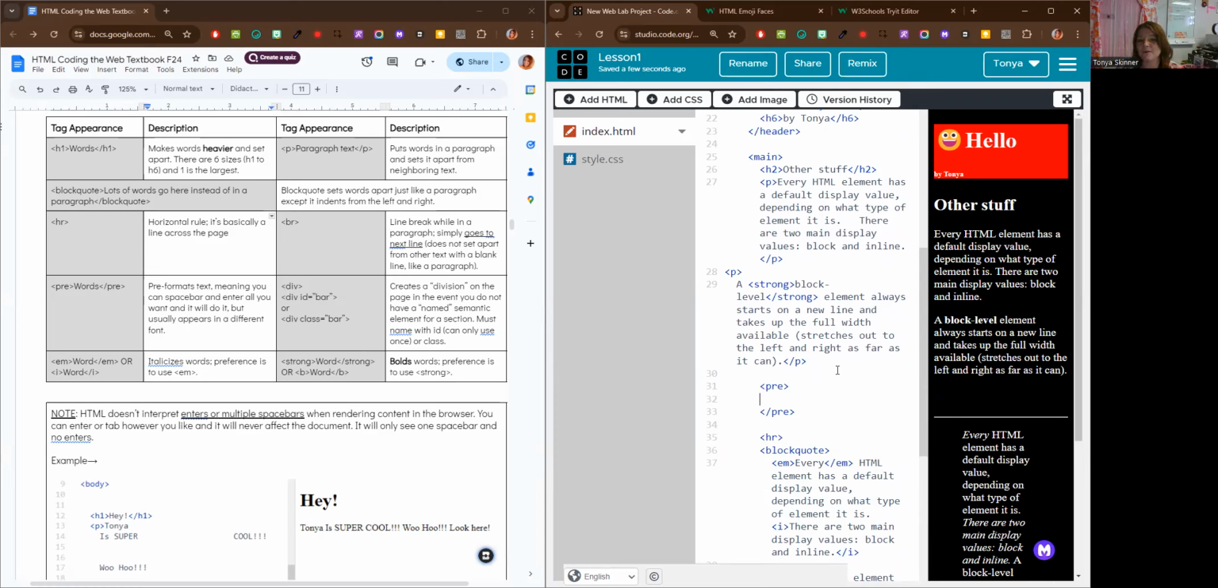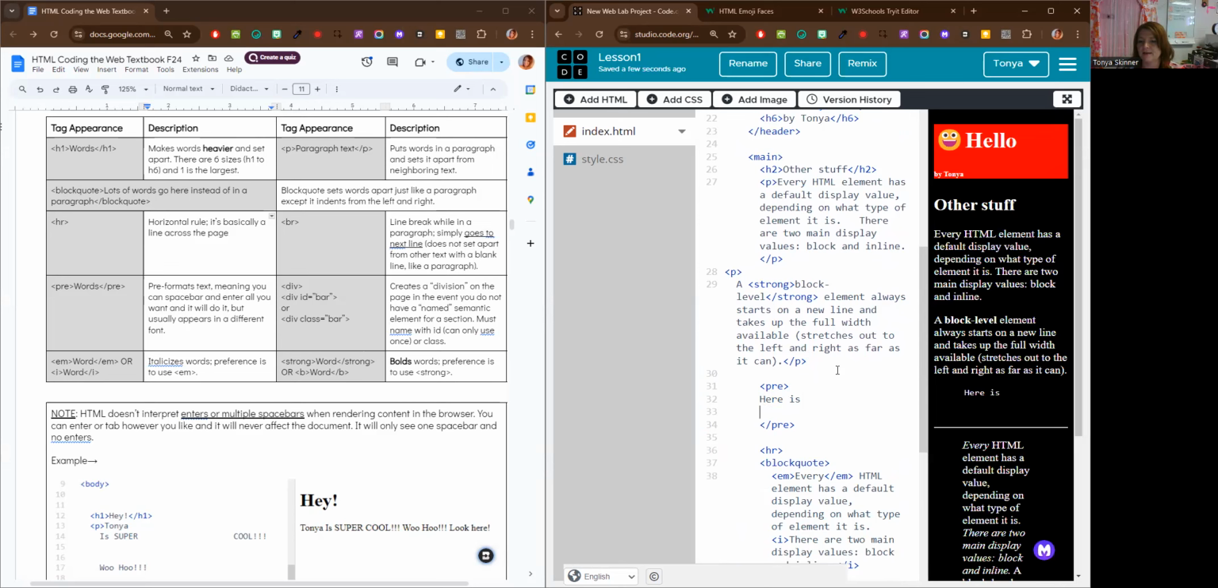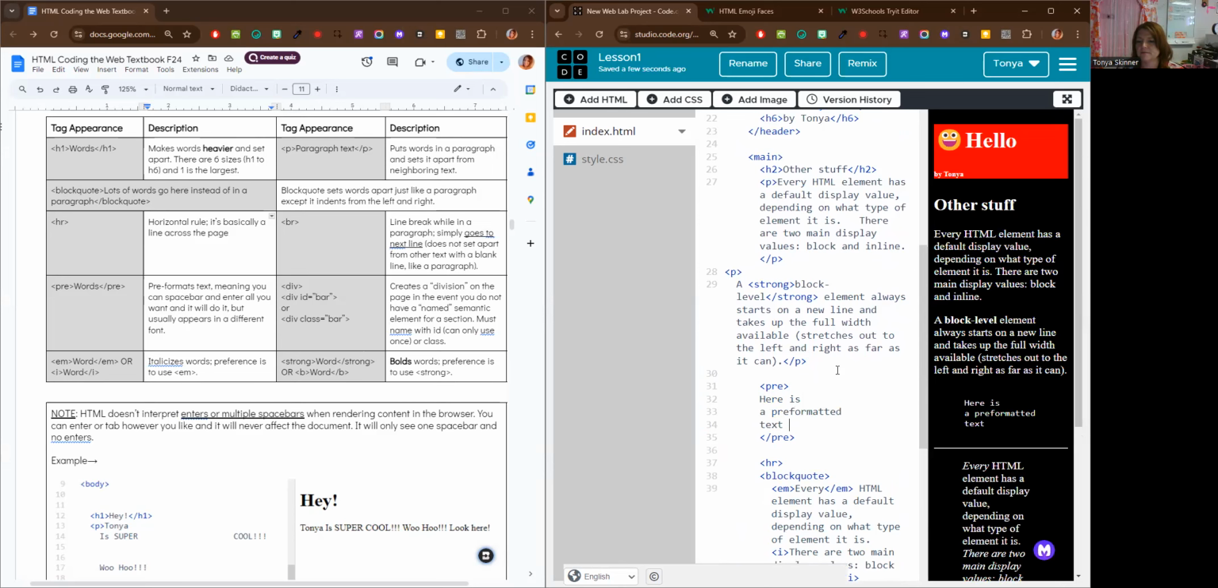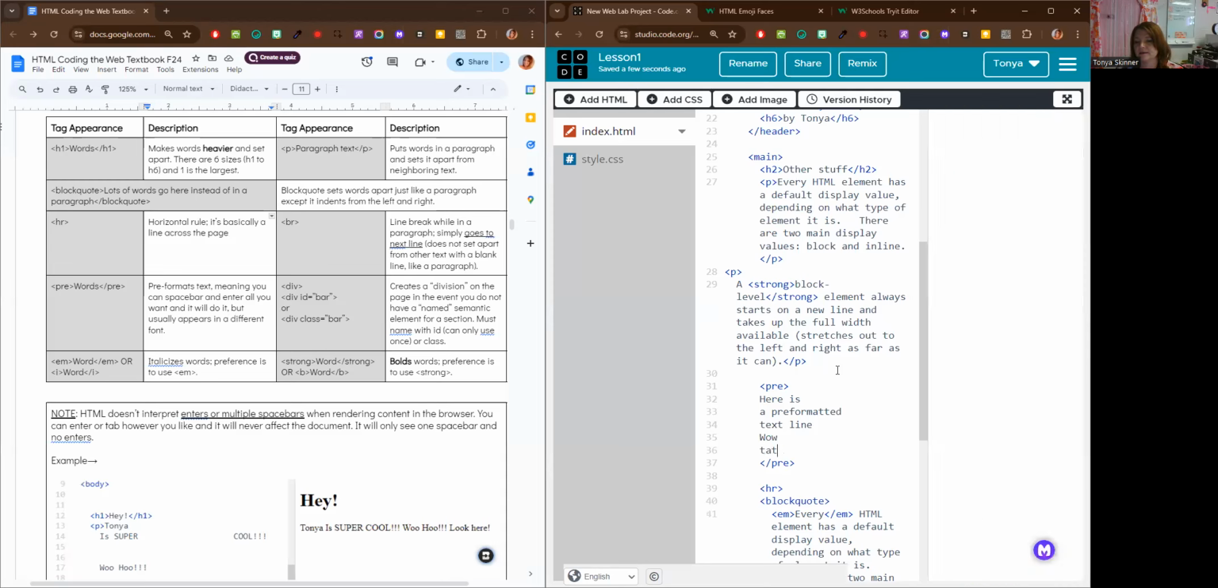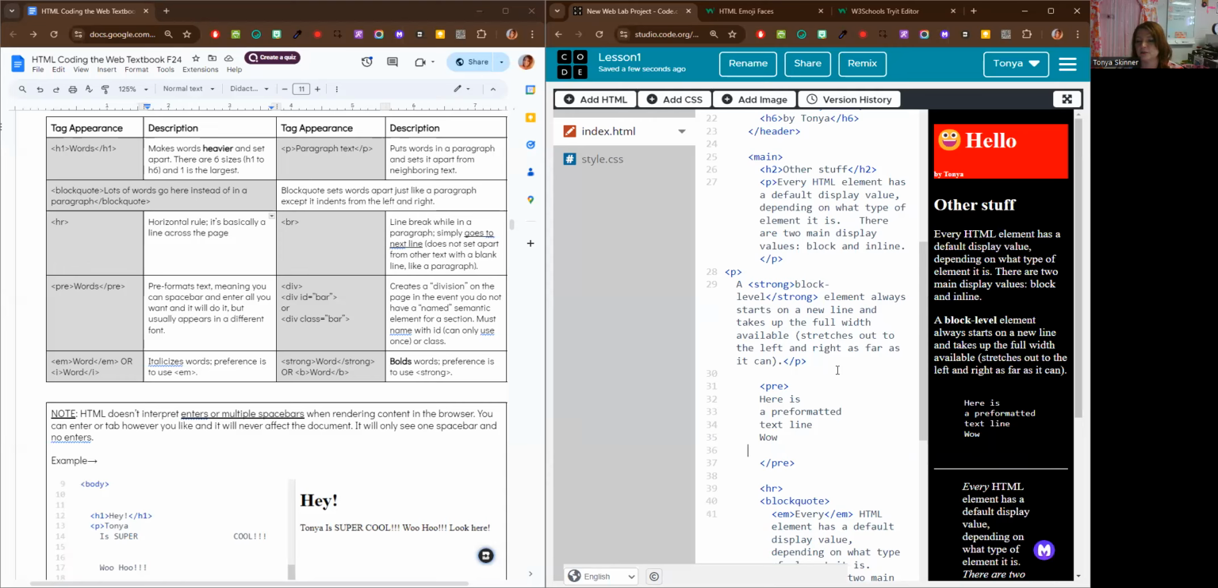However you enter and however you space, it will actually accept it inside the pre tag. So if I hit enter after these, notice it's going down to the next line. Here is a pre-formatted text line. I didn't put BRs in. It just went down to the next line. That's how that works. And if I were to spacebar a bunch of times, it's going to actually count the